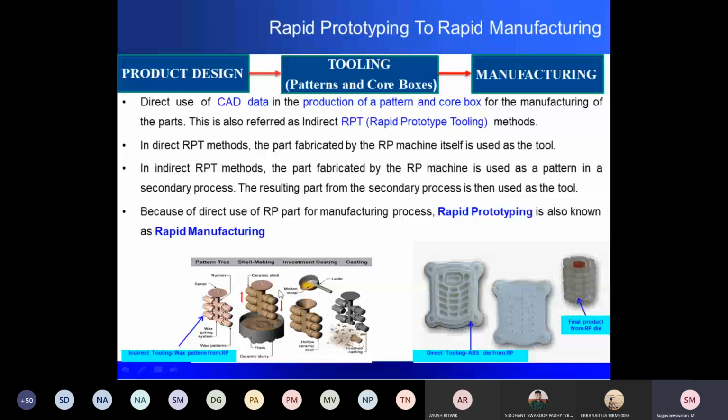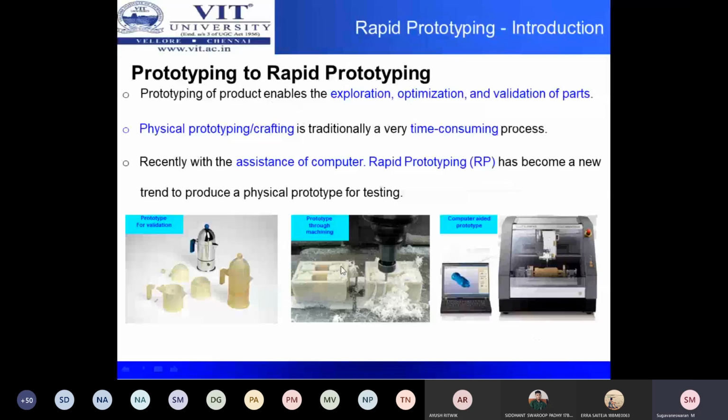Now how is it relevant to our subject? This is the final product, this is a prototype, right? So this prototype also has to be manufactured. For example, if you take this case, here we are developing a prototype. This prototype is just to have form, fit and functionality. It is like a toy. You are not going to use it in any end application. You are just going to see the fitting, the form of a component, and the aesthetic. Because of that reason, it was named just a prototype.